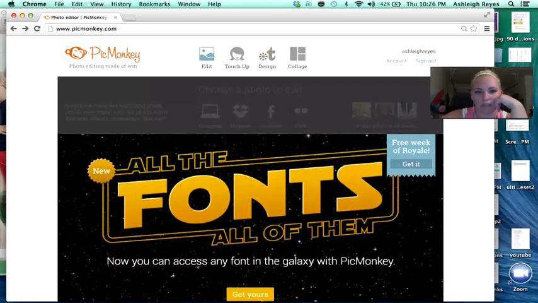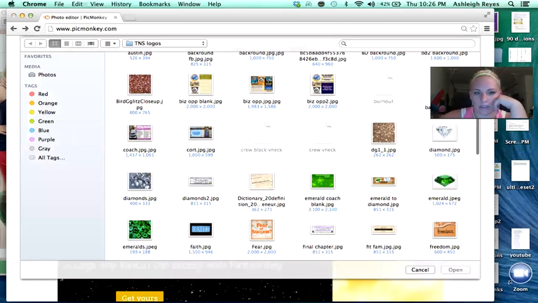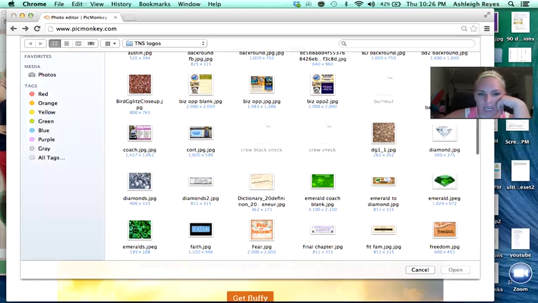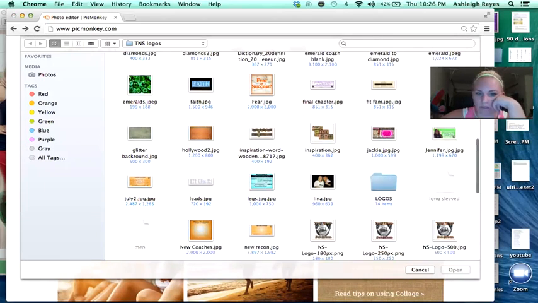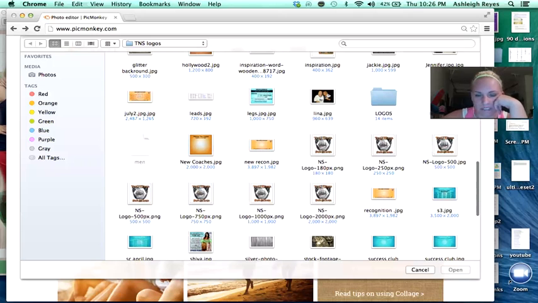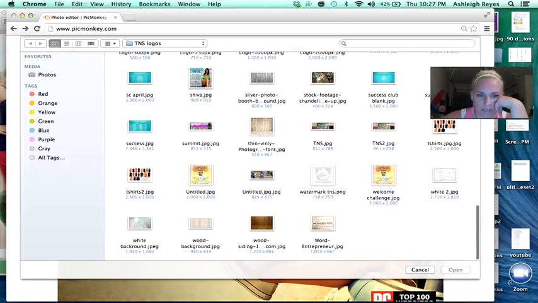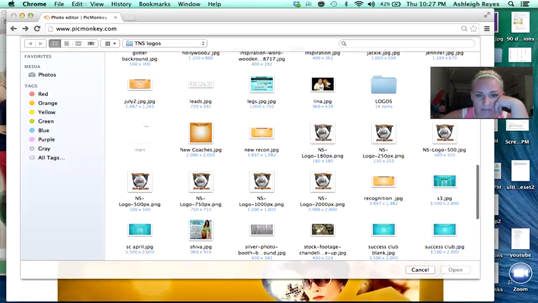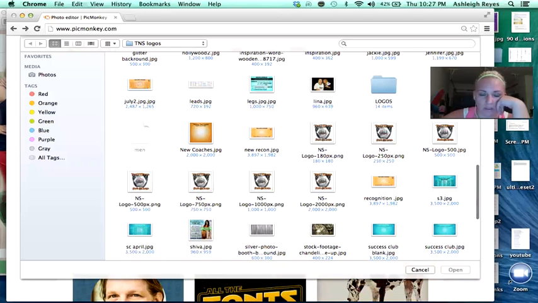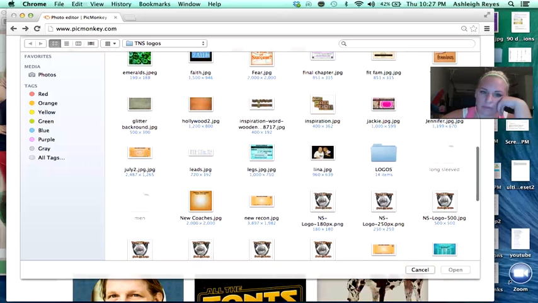Save the blank one. I think I have, yeah, I even have a business opportunity one that I left blank. What else? Emerald Coach. All different stuff. Recognition. These are all backgrounds. T-shirt order. All this stuff I just save. All the logos I save too. So if you need to put the logo on something, you can do the same. Just copy and paste. Open the logo and it'll come through with no